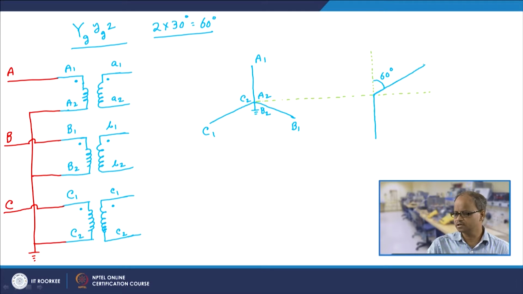So, this is secondary side phase A voltage, secondary side phase B voltage, and the secondary side phase C voltage would be 120 degree lagging from this. So, then it also would be somewhere like this. It would be the secondary side phase C voltage, and this angle would be nothing but equal to 30 degree, right. So, we have located the phase A voltage, phase B voltage, phase C voltage of the secondary side. Now, we have to mark the terminals.